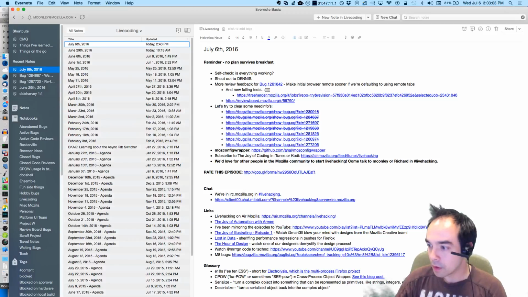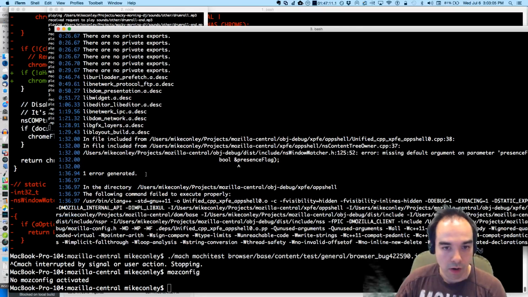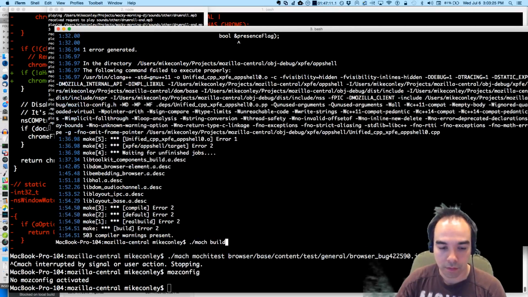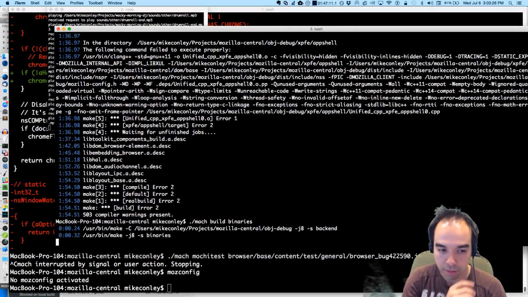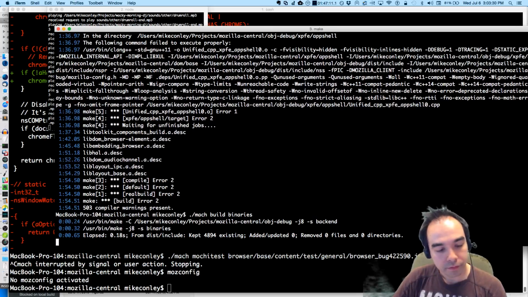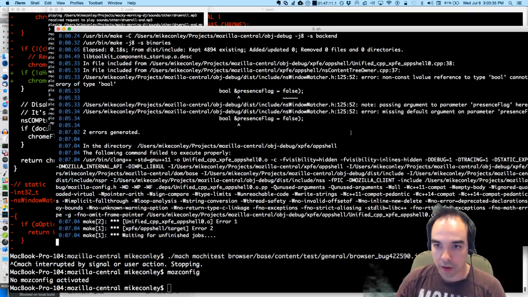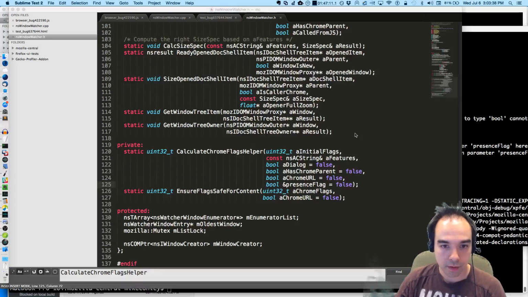Okay. Meanwhile, has our debug build finished? Oh, it errored out. Missing default argument on parameter. Missing default argument? Oh, shoot. Error, non-const lvalue cannot be.